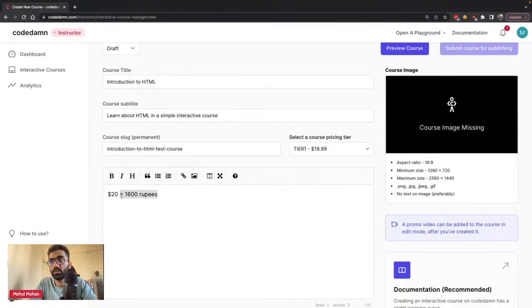But this is too much for the first tier for a country like India. Therefore, tier 1 in the US is $20, but tier 1 in India is 999 rupees, instead of 1600. Similarly, tier 1 in Europe is again 20 euros instead of the equivalent conversion. This does two things. The first is that it keeps the pricing sane for everyone from different countries in the world. And second, it allows us to have nice rounded values, which helps in marketing and sales.